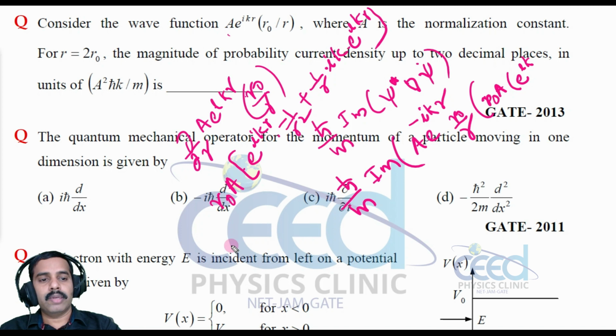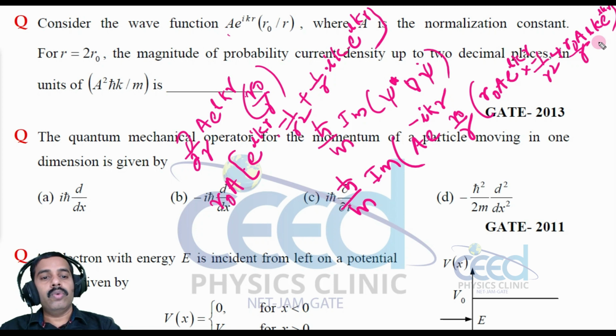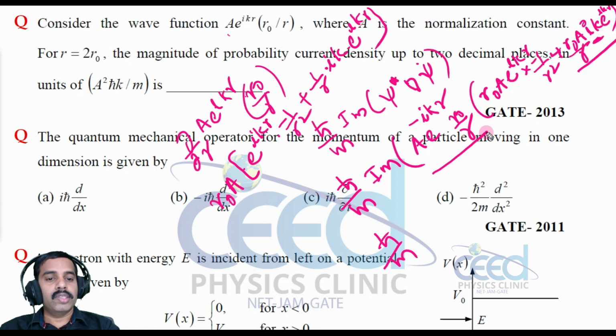So let me multiply this r0/a into the bracket. So r0/a e^(ikr) times minus 1 by r square, plus r0/a by r into ik e^(ikr). Now out of the given options, the imaginary part: here only we have this imaginary number. So this into this, what is remaining? Here e^(ikr) and e^(-ikr) will cancel out.